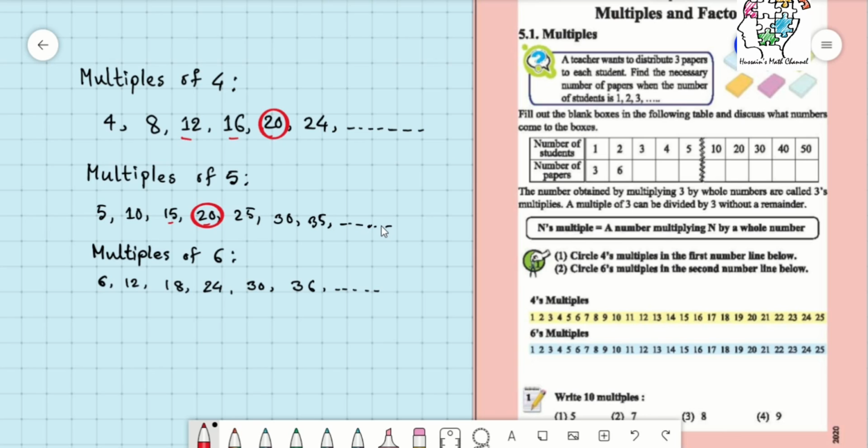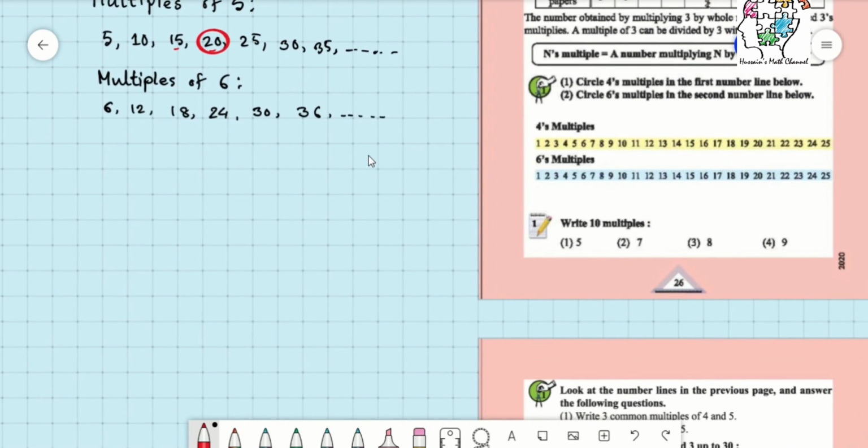Multiples and also least common multiples. This year we will learn a different way to find common multiples or least common multiples. We'll learn the Euclid method. Now in your textbook you can see at the bottom of the page